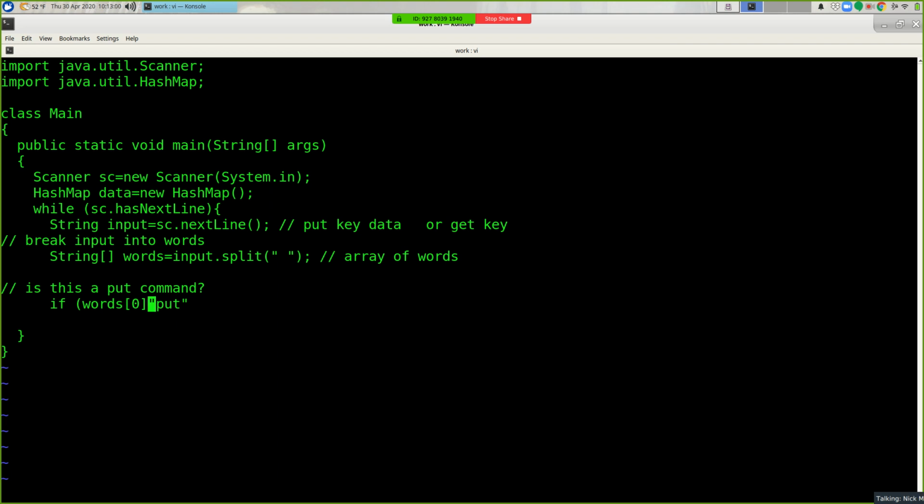In Java, strings have a method for comparing things. It's called dot equals. And so we can say if words bracket 0 dot equals put. This returns a Boolean value, so we can just end our if statement here, or we could say if this thing equals true, but that's redundant. Because if this thing equals true, we could just have said this. And if it does not equal true, we could have just said this. So if words bracket 0 dot equals put,